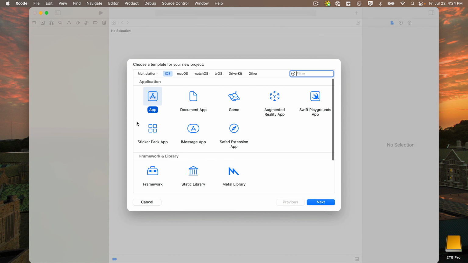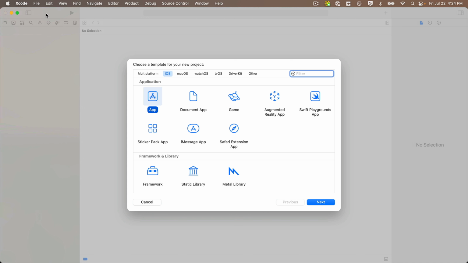I'll make Xcode full screen by clicking on the green traffic light in the upper left-hand corner. And now in this window, you see along the top we have options for building apps that are for macOS, watchOS, tvOS. Apple even has options to create apps across different platforms. But in the current tutorials, we're going to be focusing on iOS apps that work on the iPhone and iPad, so click iOS. Then under Application, we see the icon for App should be selected, and then click the Next